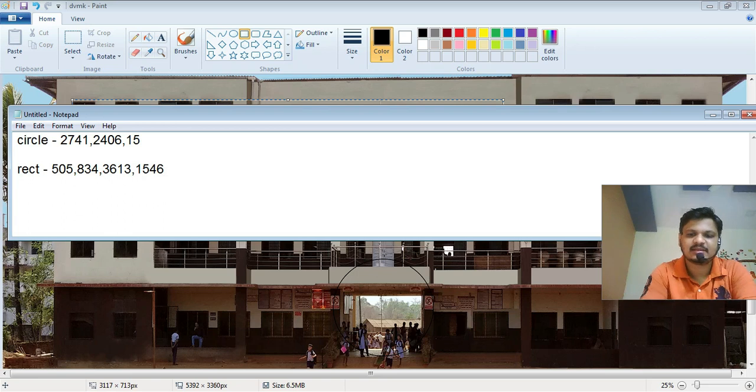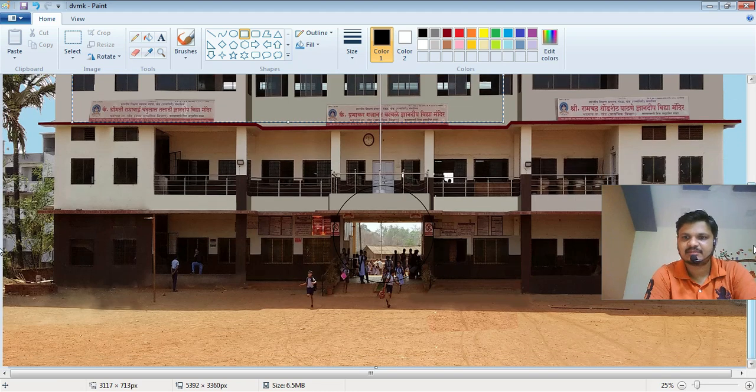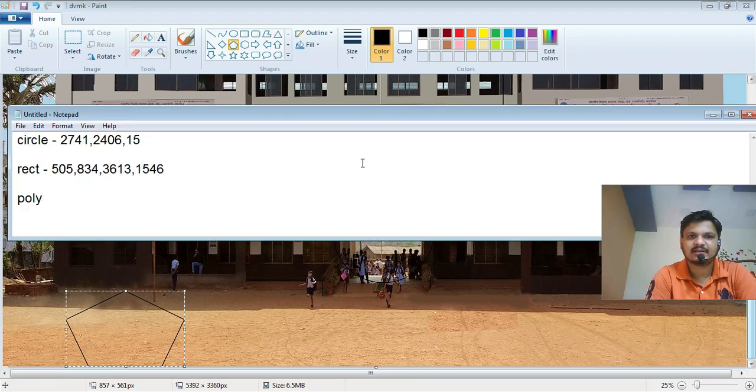Now next is the poly shape, polygon. Again, let me scroll down this image and select the pentagon shape from it. This is a ground area, it's a playground, so I draw this shape over here. Now how to get coordinates?